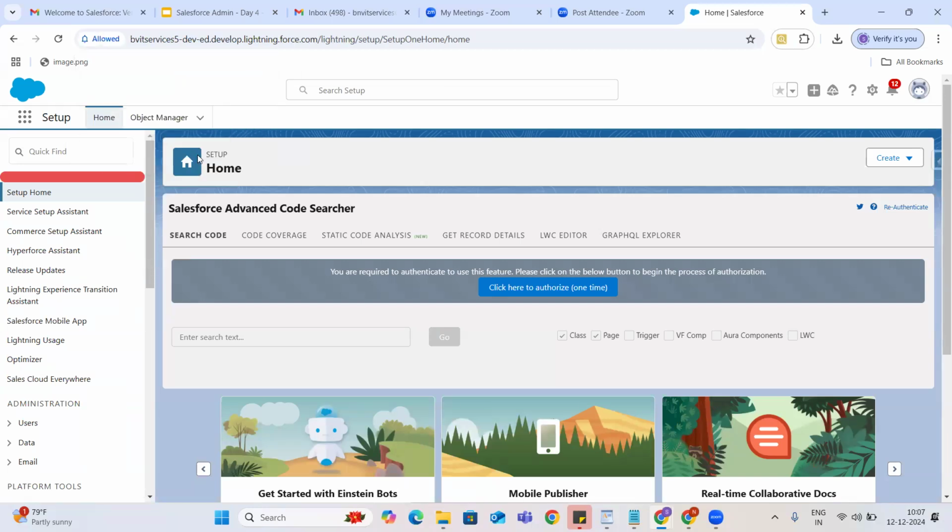Okay. So this is our developer org that we created last day, right? And after that, we learned about three icons: the app launcher icon, the setup icon, and the gear icon. That is also fine. Today, we are going to learn about the company information. So when you join your projects, suddenly they'll ask you, what type of edition are you using? What is your sandbox edition? Maybe your colleagues or somebody will ask you.